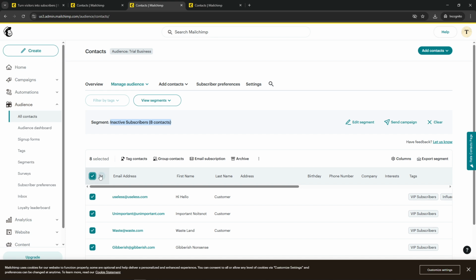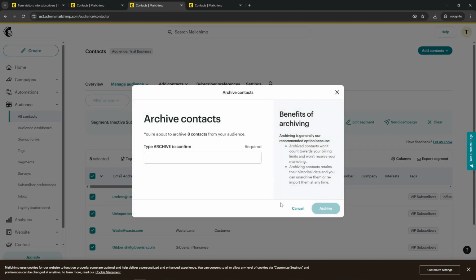Once you have identified the contacts that require cleanup, you'll have two main options: archive or delete. Archiving is highly recommended for those unsubscribed or inactive contacts. The reason being, archiving will remove the contacts from your active list while retaining their data for any future reference you might need. To carry out this task, select the contacts you want to archive, click on Actions, and then